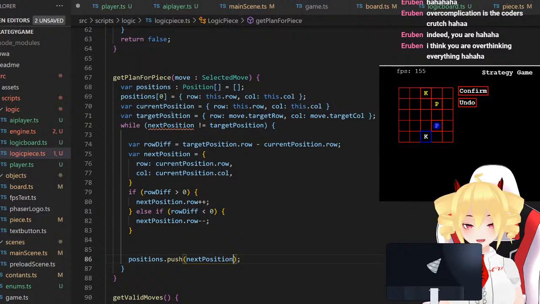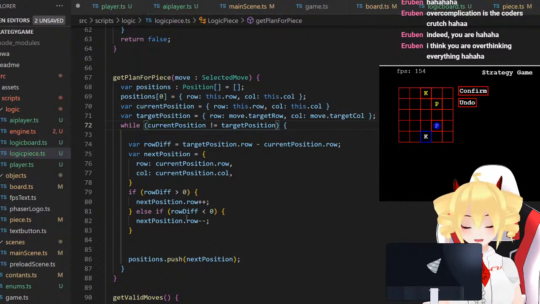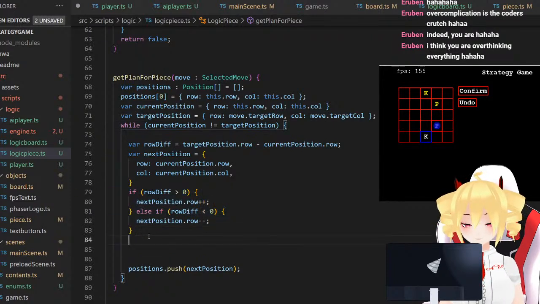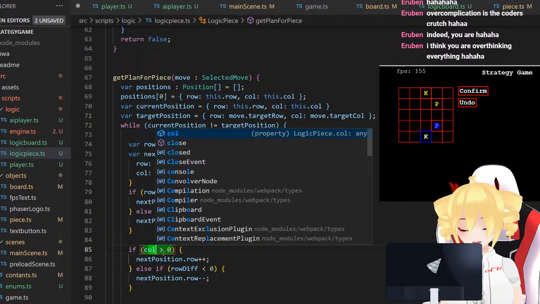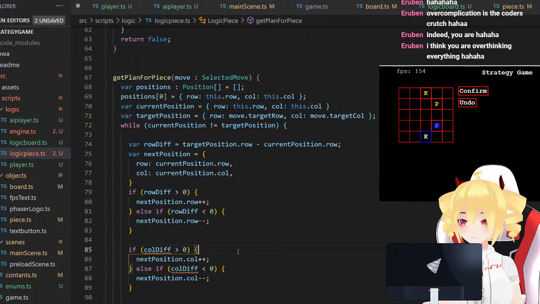Okay, so I think that does what I want for rows. And let's copy it for columns. I'm just completely ignoring my speed variable now because it's too complicated. And speed's just 1, so